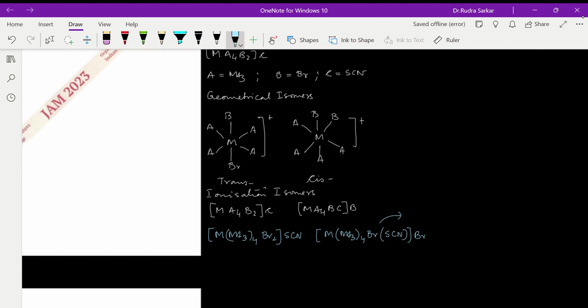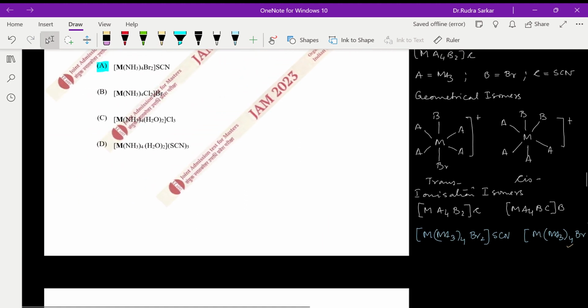So we would like to say that in this one the S is linked and in this one the N is linked. Okay, so these are now showing linkage isomerism, which is this one and that one. Okay, let's